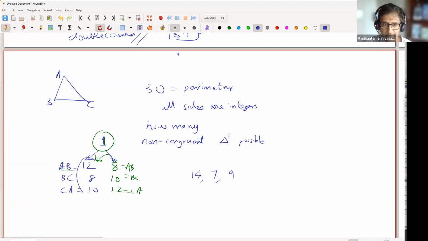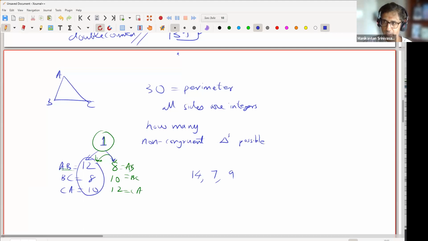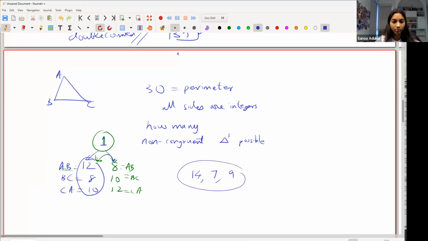Like I said, 12, 8, 10 is one triplet, which adds up to 30 being the perimeter, and it's a valid triangle. 14, 7, 9 is another one. There are many more. How many in total? So where the longest side,